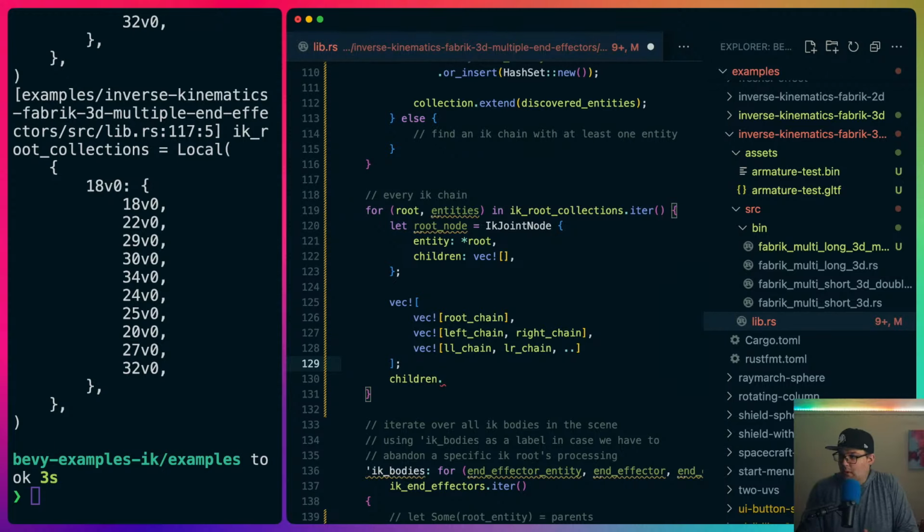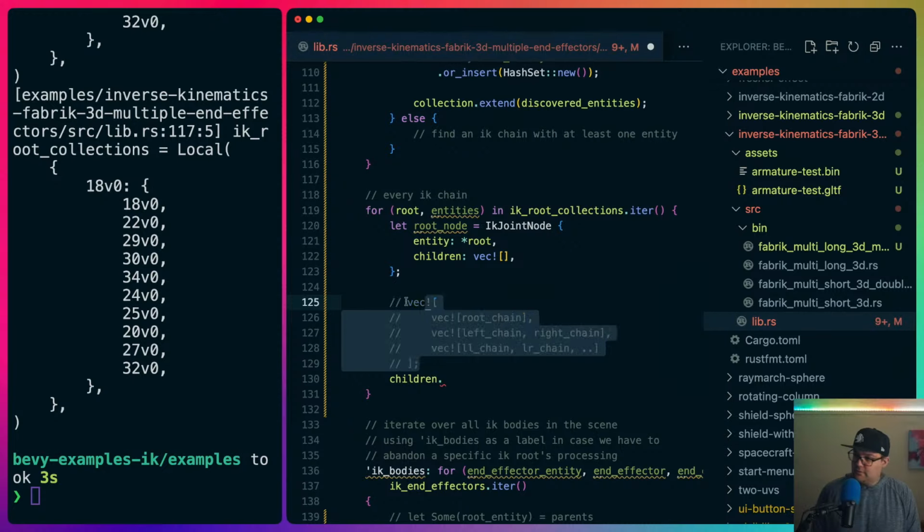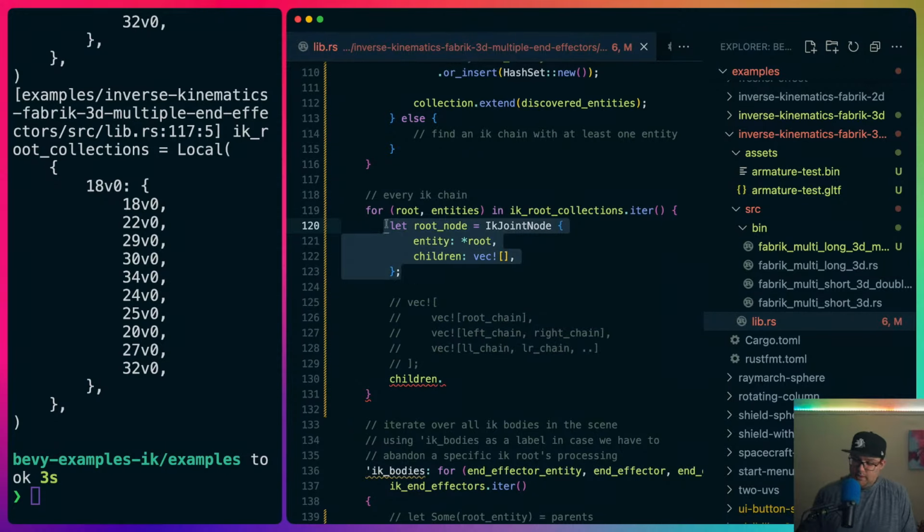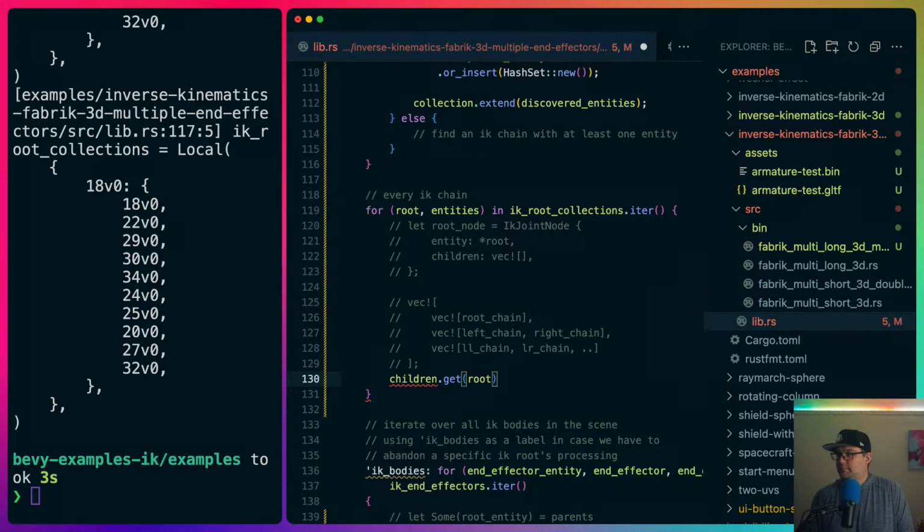I think that'll work. Let me keep this as a visualization. We don't necessarily need to do the IK joint node situation. I think that if we have the root and all of the entities, then we have some sub function here that is basically